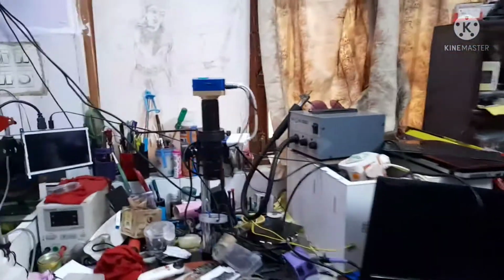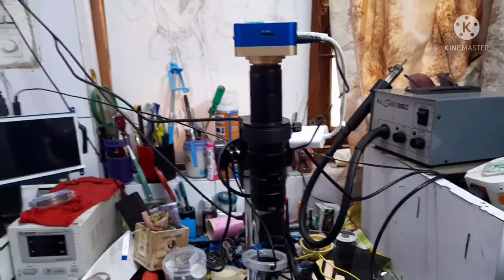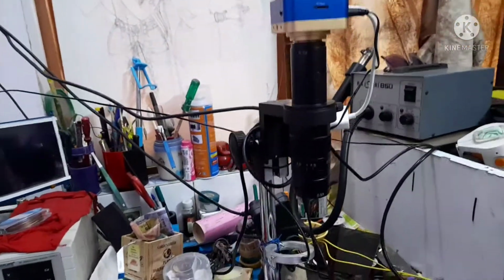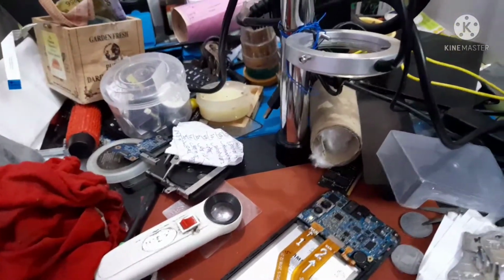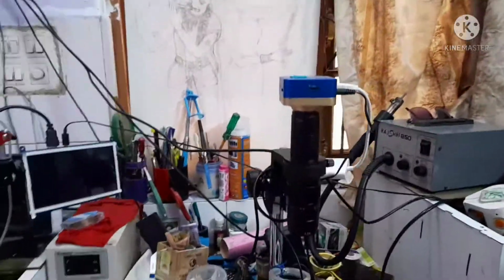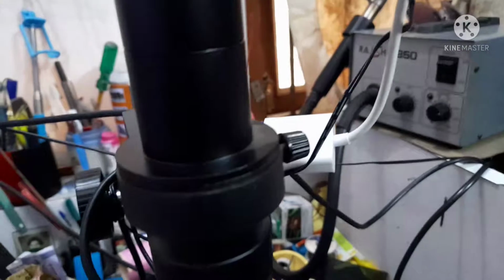This is my microscope for viewing very small equipment on a large scale. See, this is the display which is connected to my microscope, and I'm putting any mobile, or see, this is a small IC and all sorts of things which we are not able to see with our naked eyes. So for that I have a requirement of a microscope. Its model number is Baba Tools